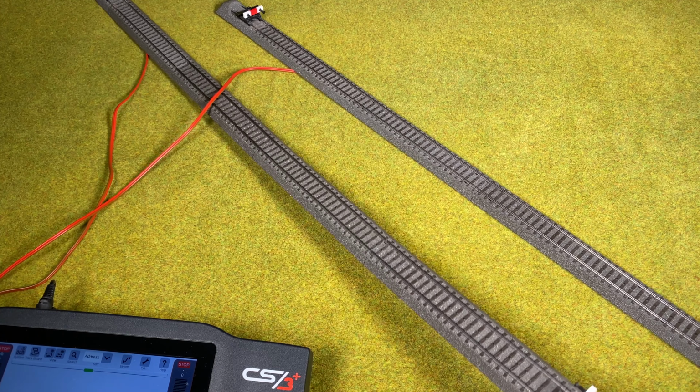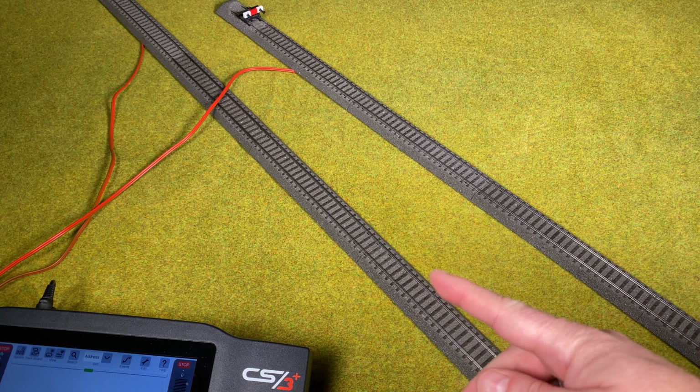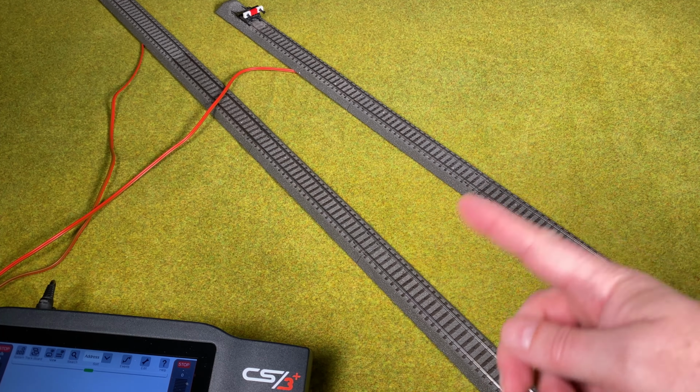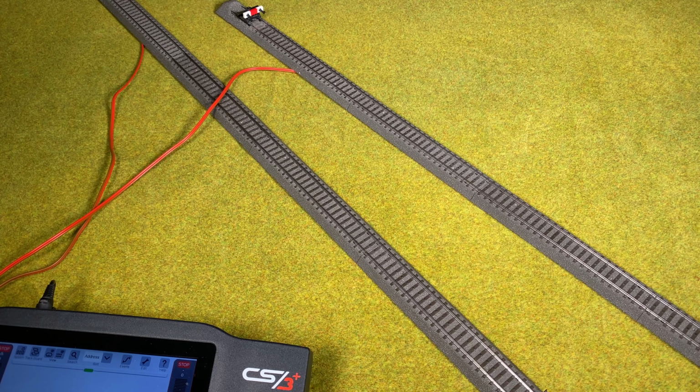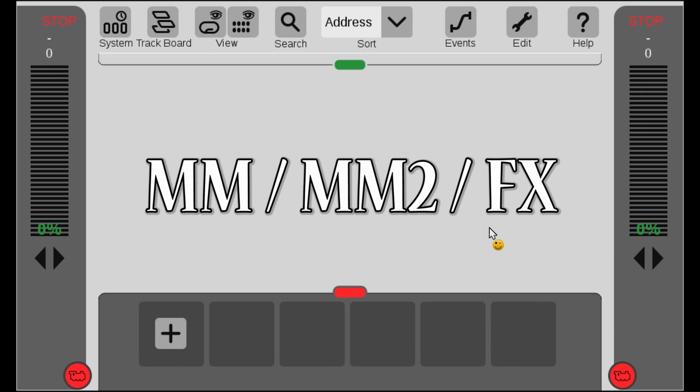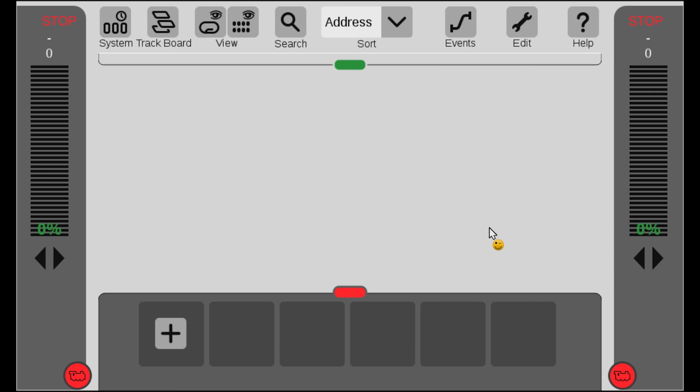You can use this as the programming track, and you can use this at the same time as it's connected to the layout. So the Central Station tree actually supports running both of them at the same time. If you have a locomotive that supports Märklin Motorola, sometimes called MM, sometimes called MM2 or FX, in order to